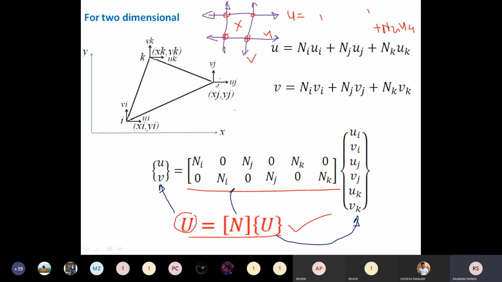You see here, this is your matrix. I have written u only, but it is in the form of a matrix. So in the derivation of the finite element equation for structural problems, I am taking this as a matrix. Bear with this. This is also one matrix. This is the shape function matrix, and this is the nodal displacement matrix. Are you getting this?